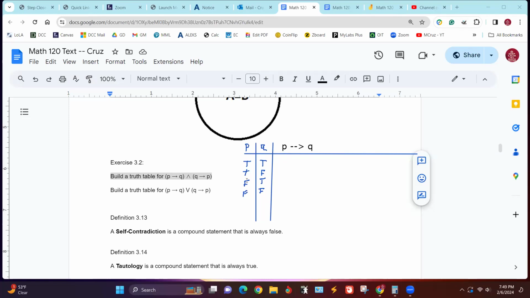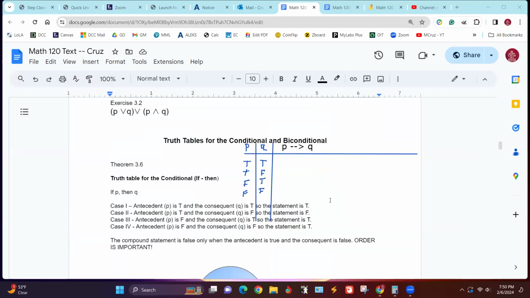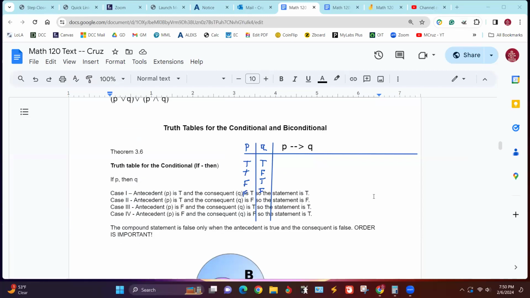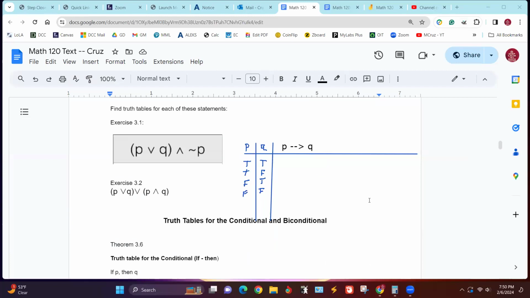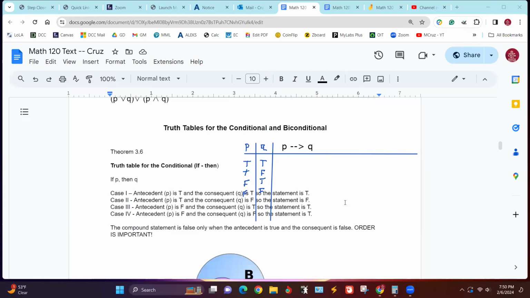So now let's go back up there and look at that. The conditional. This is the one where if the antecedent, in other words, the P, is true and the consequent is false, then that's what this represents. Let's see if I can, I was wanting to keep that in the frame. I don't know if I can do it, but we'll try it with this.